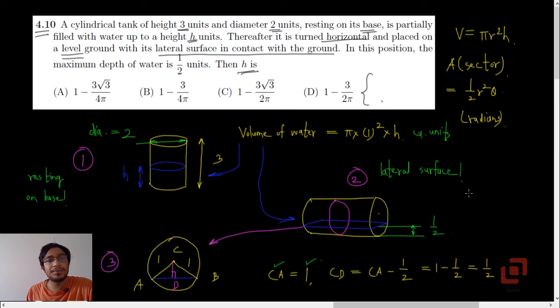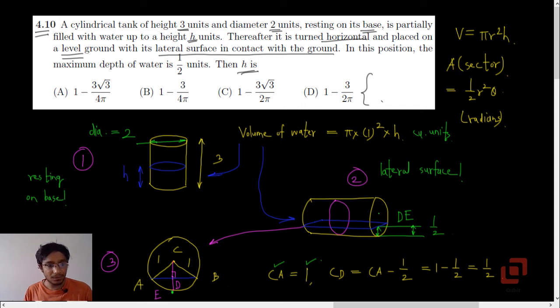Because they are saying that the maximum depth of the water is 1 by 2 units. Okay, if I extend this line CD so that it again meets our circle. Okay, let me now call that point as E, then CE will be equal to 1. Yes, let me show point D again here. Yes, this is D and this is E. Okay, the green dot is E, and CE is now equal to 1, but DE, okay, this is DE, the depth.